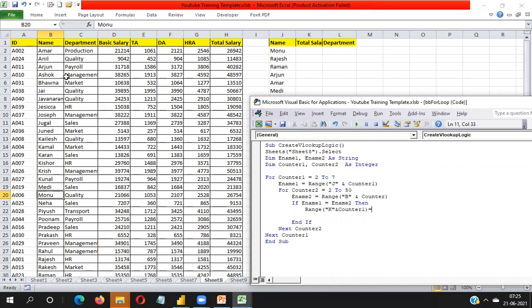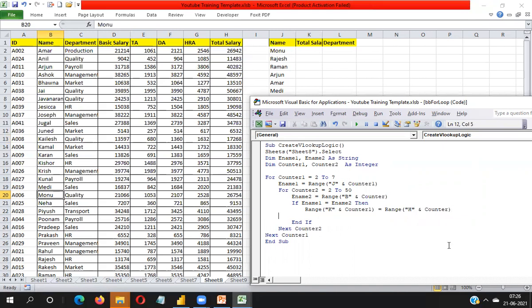Equal to what data you are looking for. I'm looking for data from this data set. So you have to take here which data. I want to take the total salary. So I need to write here Range H column reference, H concatenate, and here I have to take the counter 2 variable, because counter 2 will work on this data set. That's why I'm taking counter 2 here.